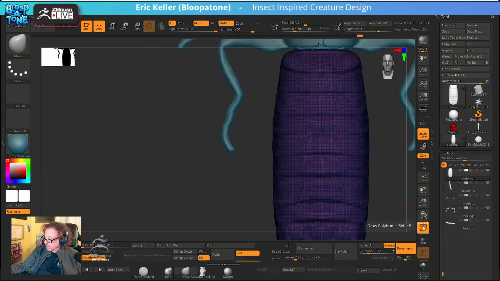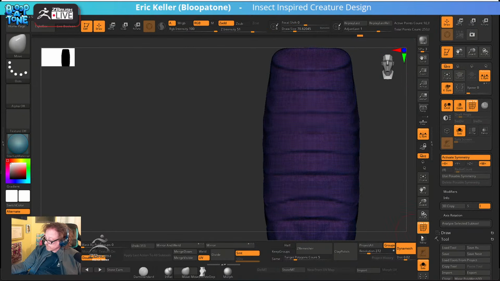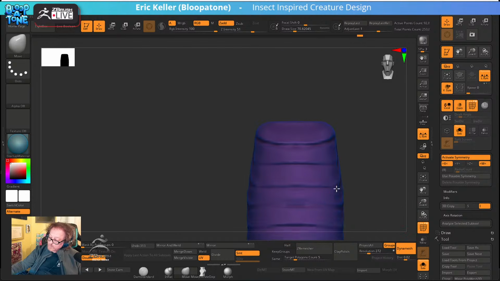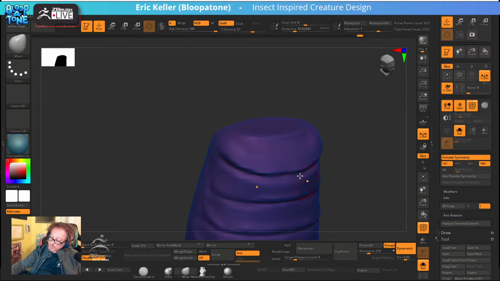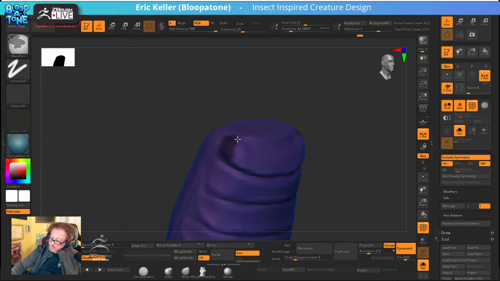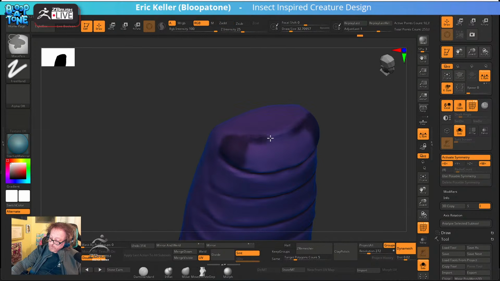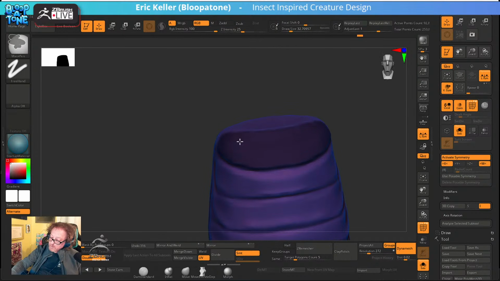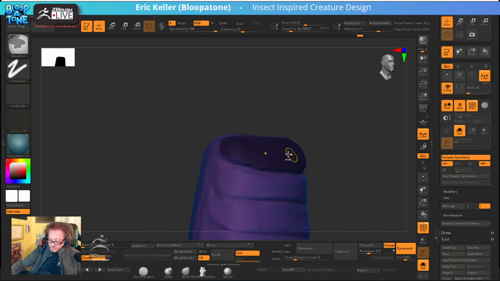And then again, for this, I can create polygroups for each plate and then separate them the same way I have been. I can do this quickly. It doesn't have to be perfect,